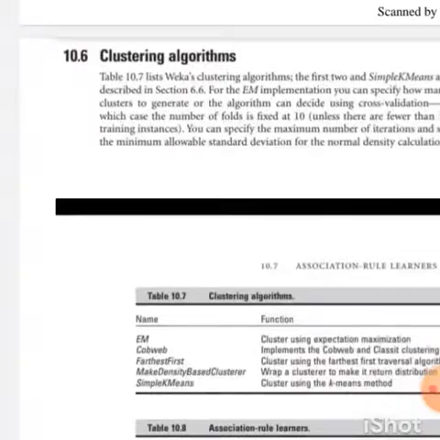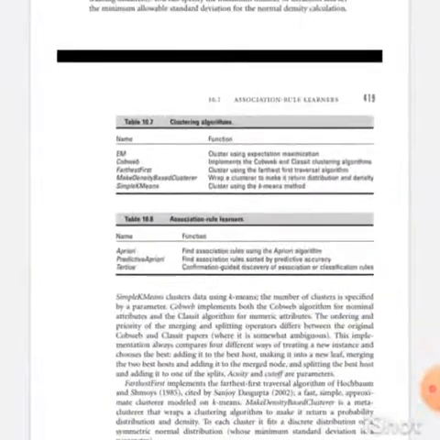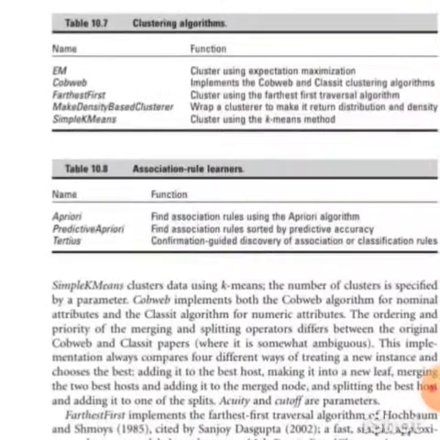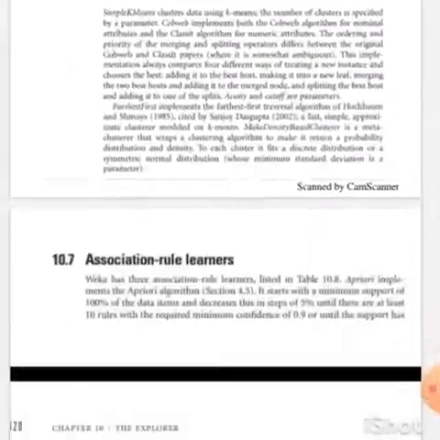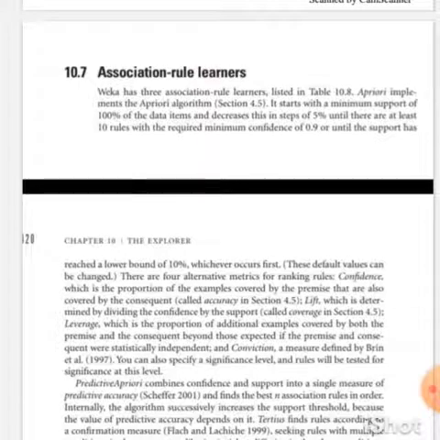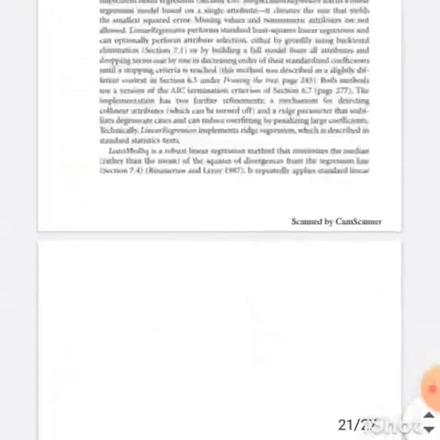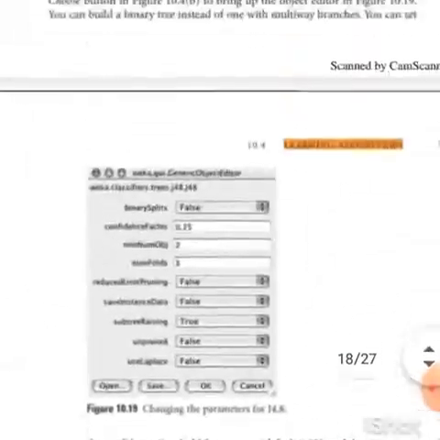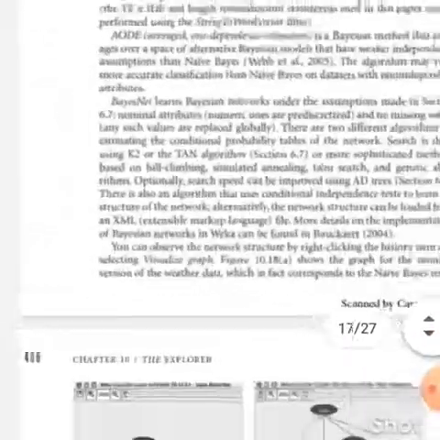Then next we see the clustering algorithm. Clustering algorithms are not that important, and it is also a very small unit. It is just a small topic, you just study what it is. Like that, we have the association rule learners. It will come in the 2 marks or 4 marks questions, so just read what association rule learners are. So this is the overall review for unit 5. I think I have given you the important questions and topics, so study well.